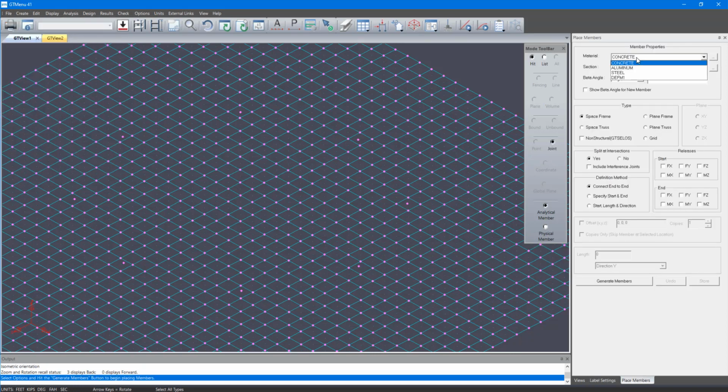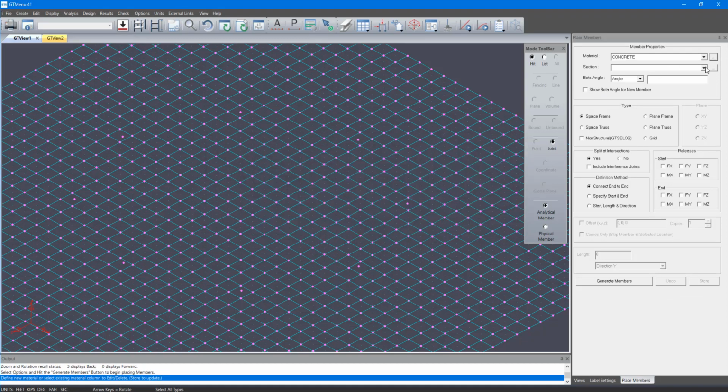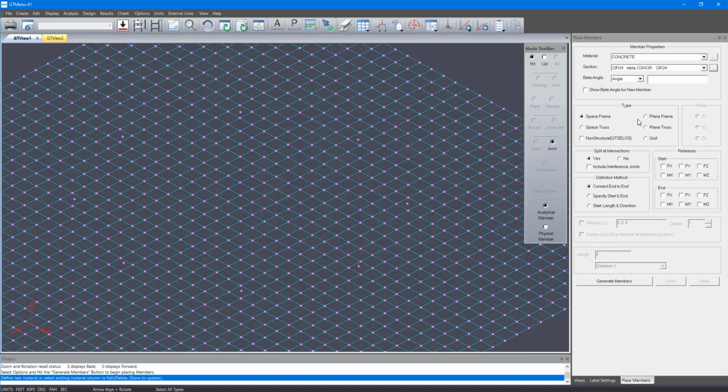Here I'm going to say that, okay, concrete is fine. The section property, I'm going to select a concrete cross section, let's say circular profile, 34 inches, store that, and we'll just say start and end direction. 2.897 is the distance along -y, okay? So now let's draw the pedestals. So pedestals are going to go here, this location,